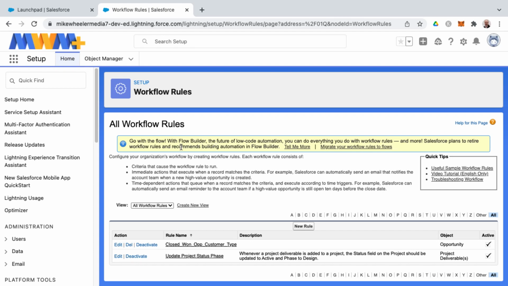Salesforce has announced that they plan to discontinue the ability to create new workflow rules, and there's an informational message here encouraging users to go with Flow. With Flow Builder, you can do things with low-code automation. One thing they're doing to help facilitate that process is creating migration tools to migrate your workflow rules